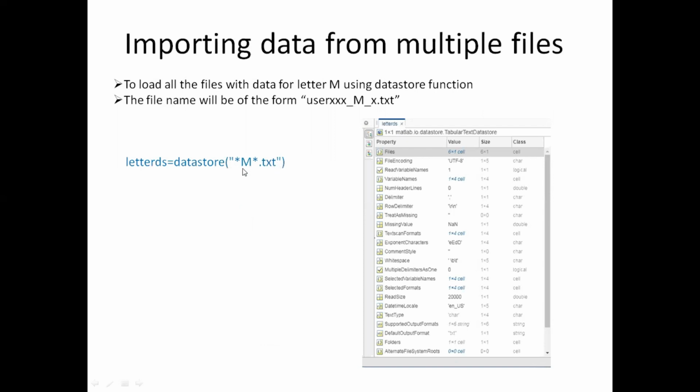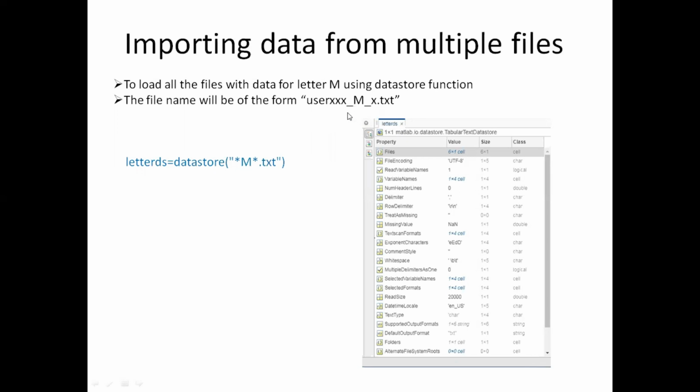Say, for example, in this case I want to load all the files with the data for letter M. In that case, my file name will be of the form user, followed by a 3-digit user number, underscore M, underscore the sample number, dot txt.